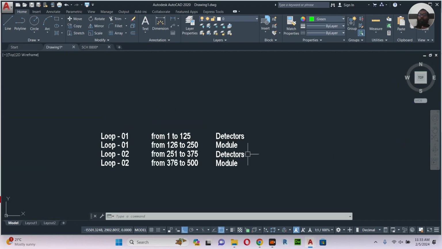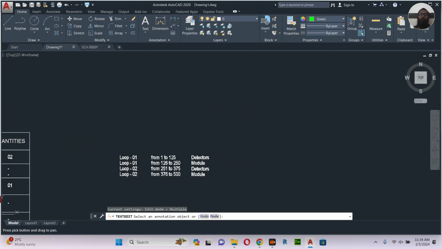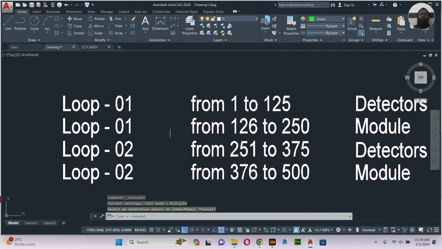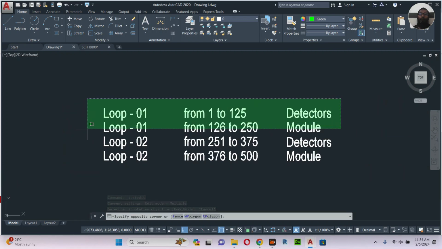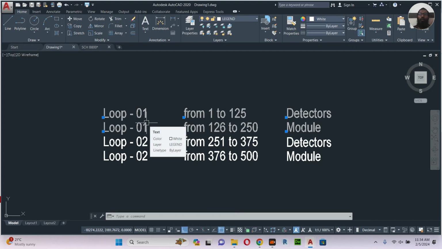So the loop system will depend on the Honeywell system or Simplex. The loop can differ. So here you see this loop 1, and yeah, this is loop 2. So you see I have kept loop 1, loop 1, loop 2, loop 2. Actually this is one single loop. But what will happen, the single loop 1 to 125 will be detectors only, like smoke detectors, heat